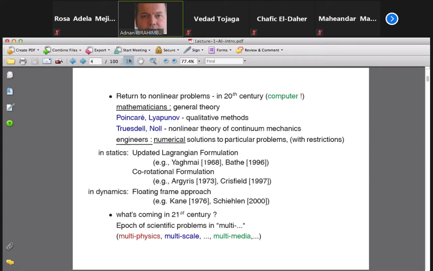For example, Yagmai, there was a 1968 thesis at Berkeley that Klaus-Jürgen Bathe, who is now a professor at MIT in the US, generalized, and this was something called the updated Lagrangian formulation. What this formulation is basically is the idea of taking a small deformation setting and generalizing it to a large deformation setting. In other words, for a beam, a similar thing is called co-rotational formulation. So basically,